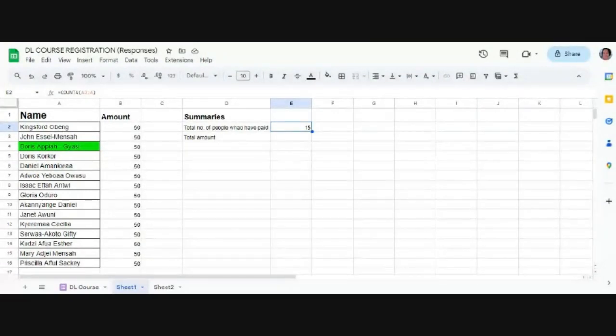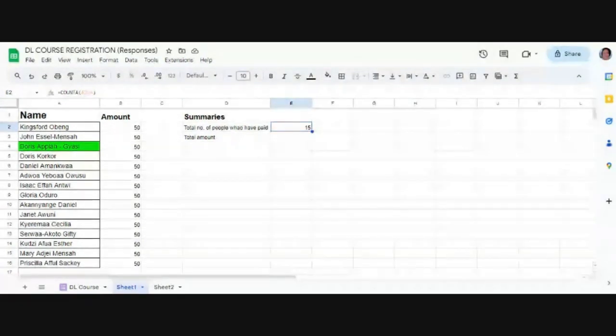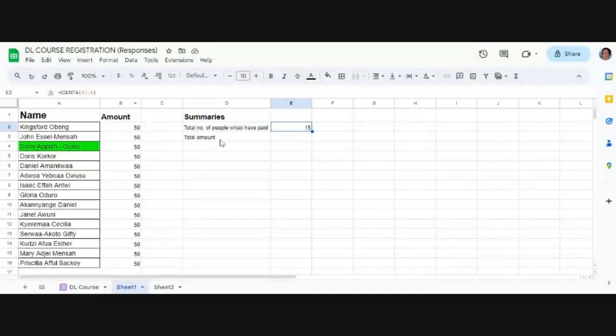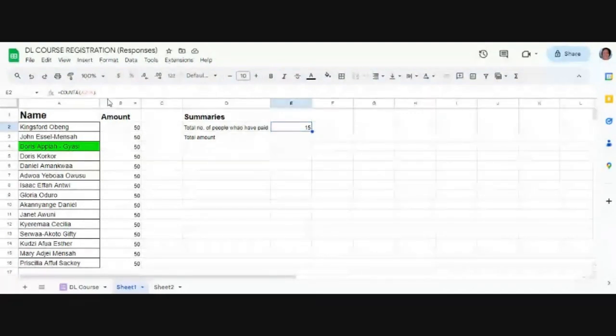Now I want to count the contents in the entire column A. So you say A2 colon A. Those of us who are already conversant with it say A2 to A, but just for you to know, the "to" represents the colon sign. Good. It will count whatever is in that column.